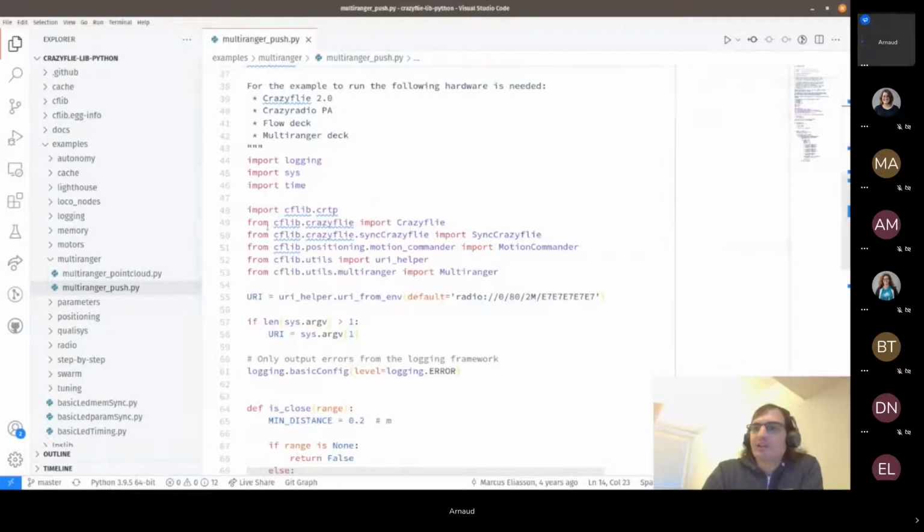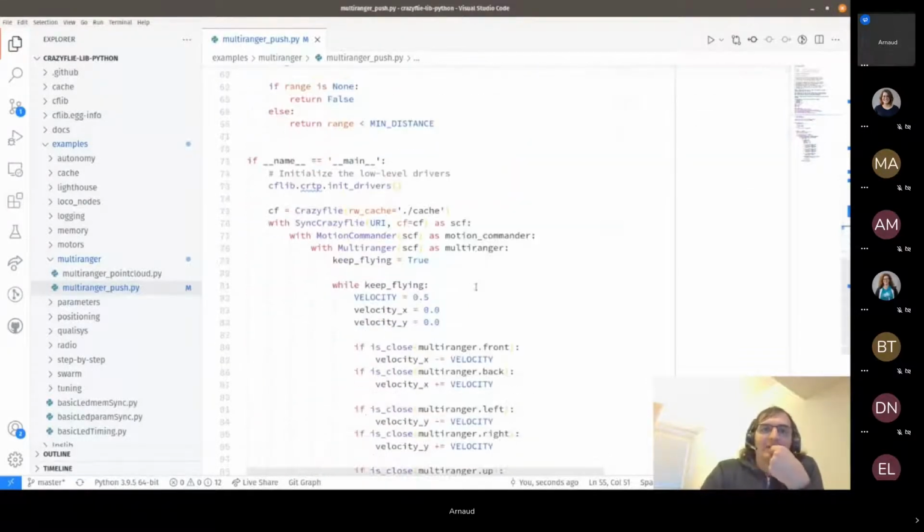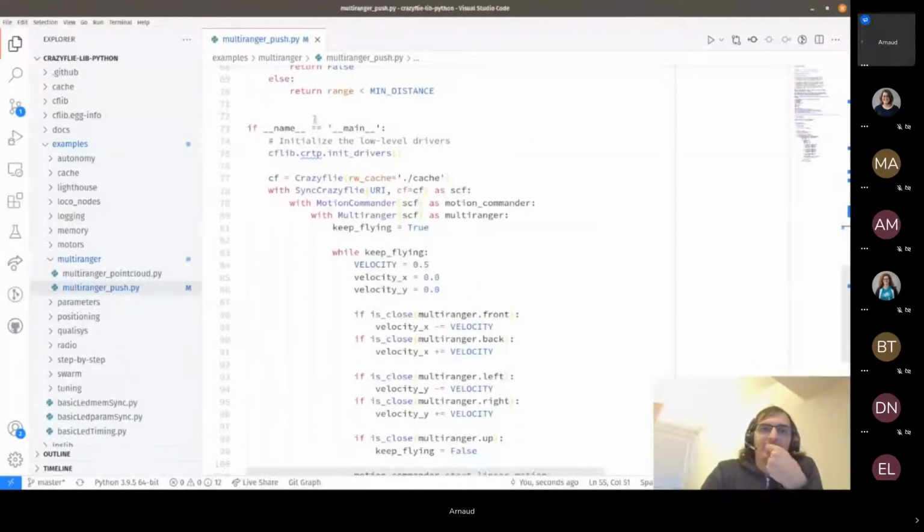In this example, we start by having the URI we want to connect to. There is a way to set this URI with an environment variable, but I will just modify it here because my copter here is on channel 60. Then, if we go in the code,